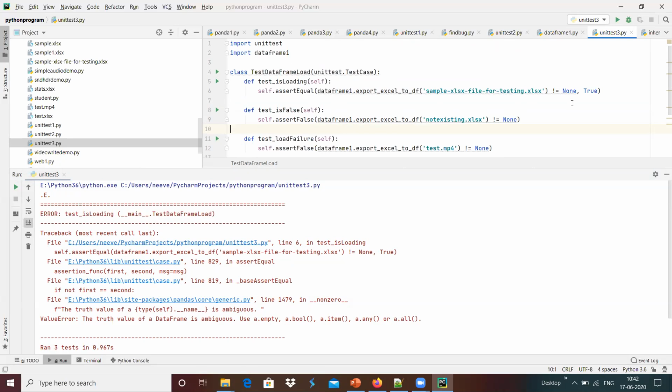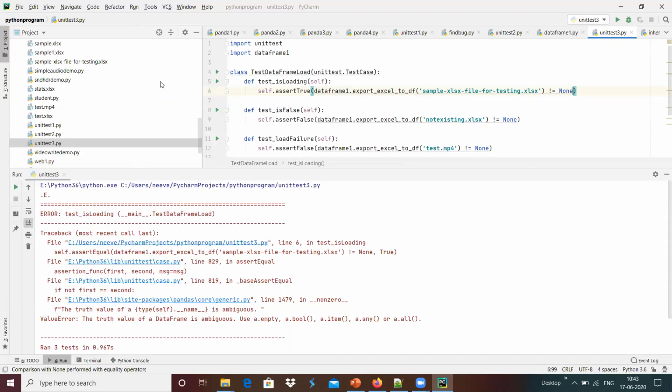It should be assert equals, maybe we can have assert true, and maybe I'm going to do something like over here.